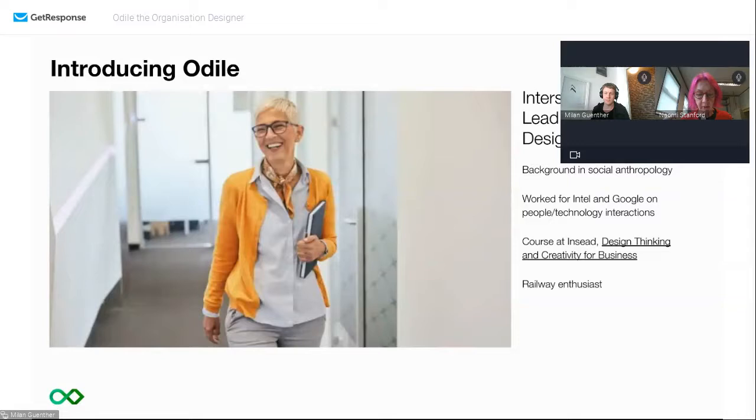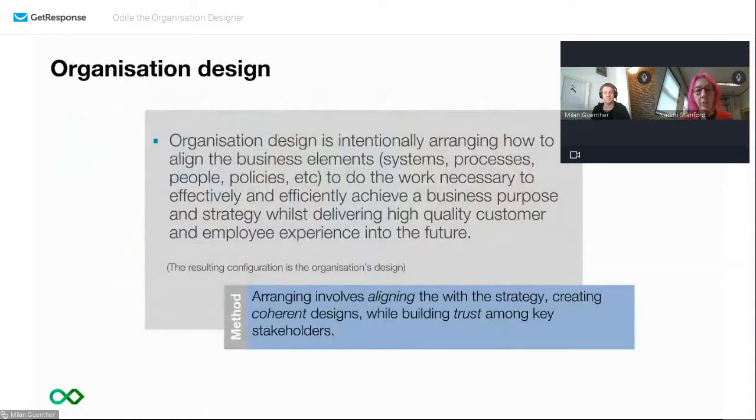And for this reason, I have quite a long definition of how I think about organization design, which I'm going to show you now, which is something about intentionally arranging how to align business elements. So it's more than one element. So if you're only interested in the technology, that is not enough to design the whole organization. You're really thinking about as many elements as have to interact as you can. And of course, you can cut the different business elements in different ways. And that becomes also an area to look at. How are you cutting the business elements?